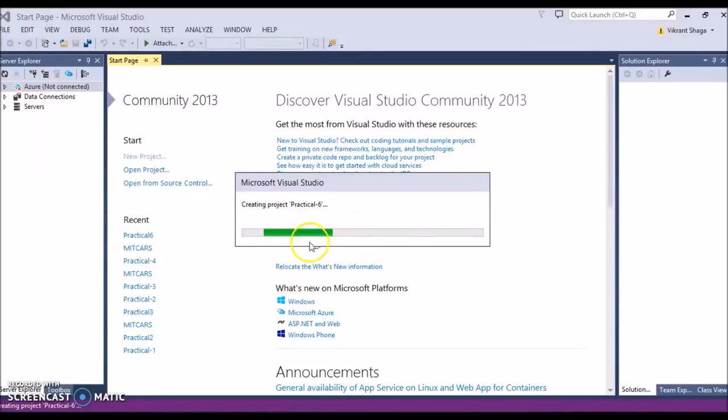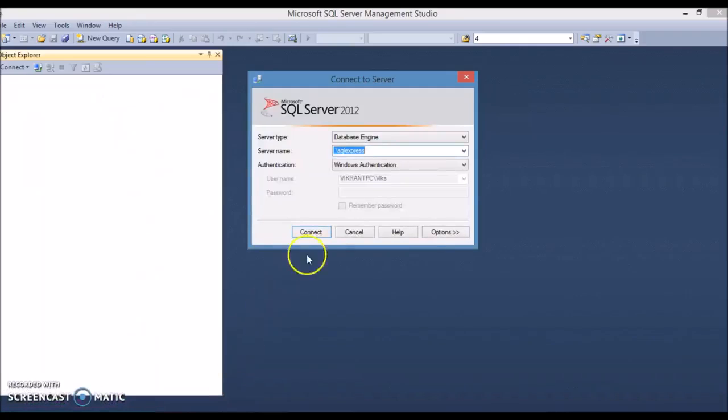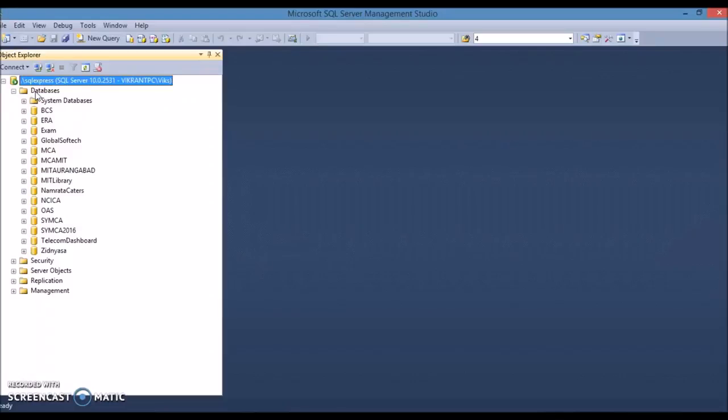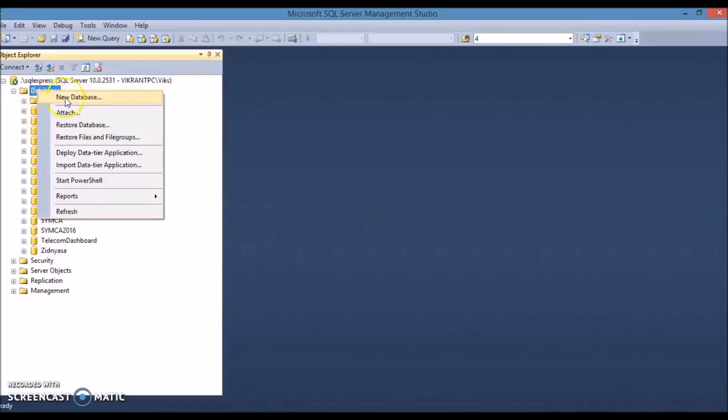Now, before going for this particular application, let's create a table. Before that, you can create a database, and later on we'll create a procedure where we can write a select query. So you can provide a server name as ./SQLExpress. Now connect. Now here you can create a database. There are so many databases available here. If you just right click and create a new database,